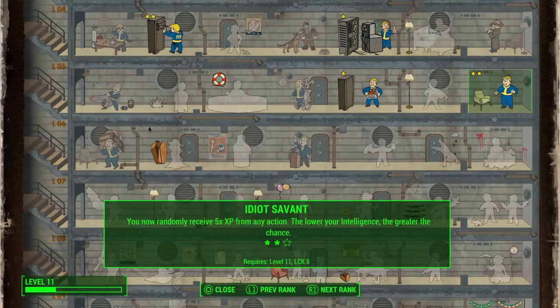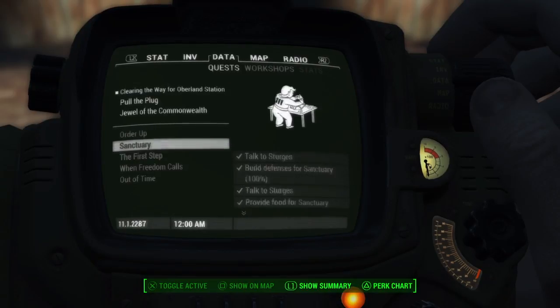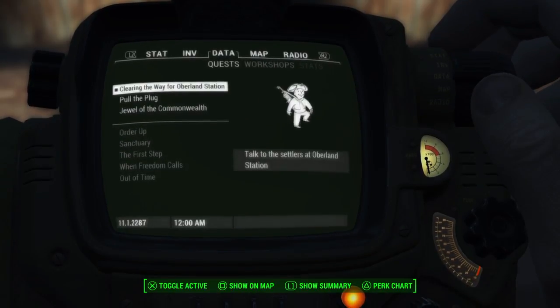Now, if you look through all those perks I have bought, not a single one of them is combat related. They're all what I like to call utility perks. So they either help you level up quicker, or they help you gain more crafting supplies or money or ammo or whatever the case may be. So we actually took quite a while